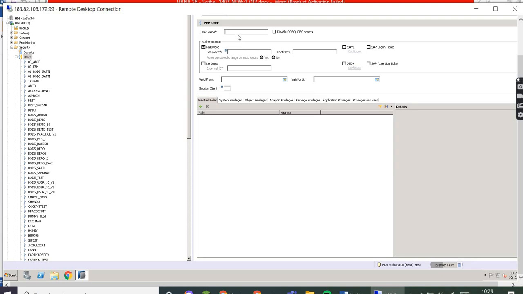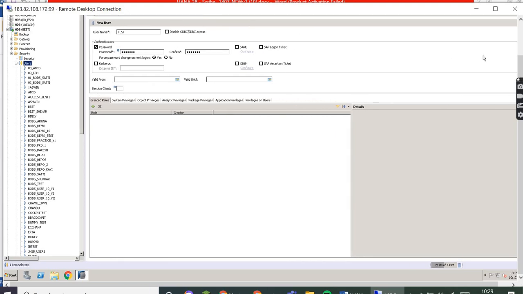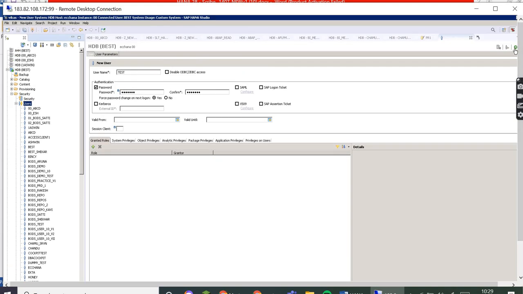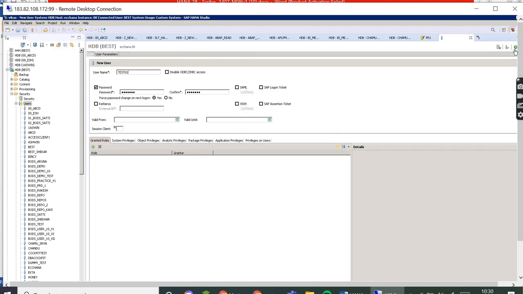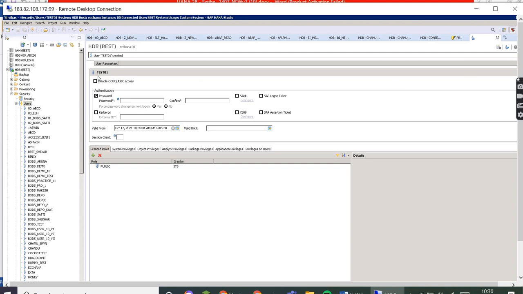So if you create any user, like a test user for example, okay, we already have a duplicate. Okay, so we created this user.